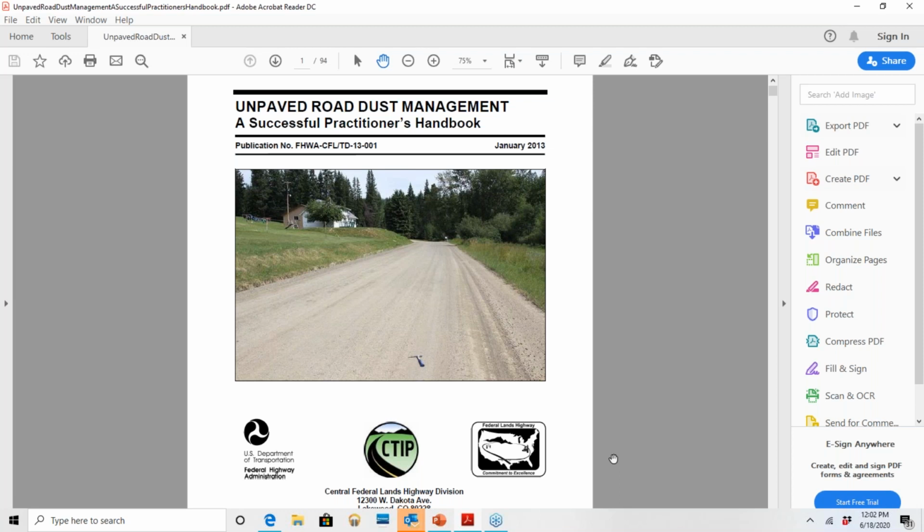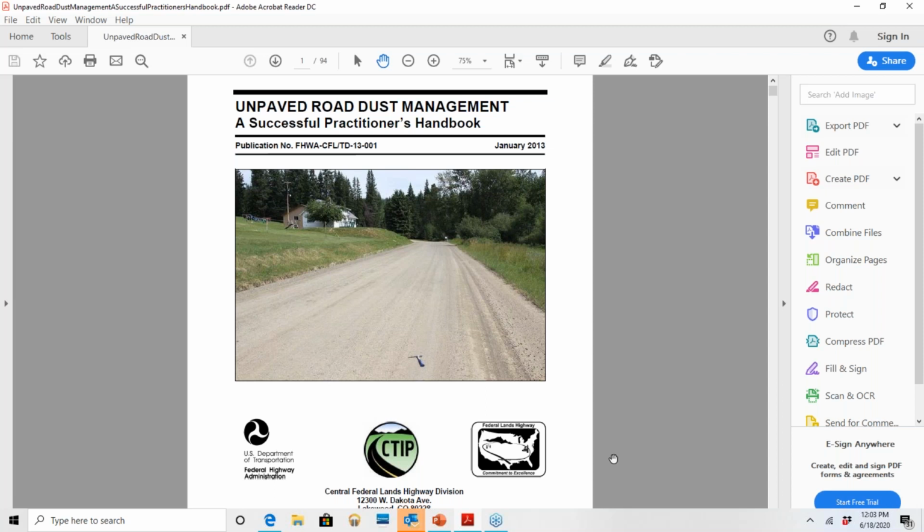And again, welcome to this gravel unpaved roads and maintenance design program. And like Victoria had mentioned, this is the fourth of the four-part series. And today we're going to be talking about stabilizers, dust palliatives and gravel road stabilizers. But before I get going, this unpaved road dust management guide that you have before you,